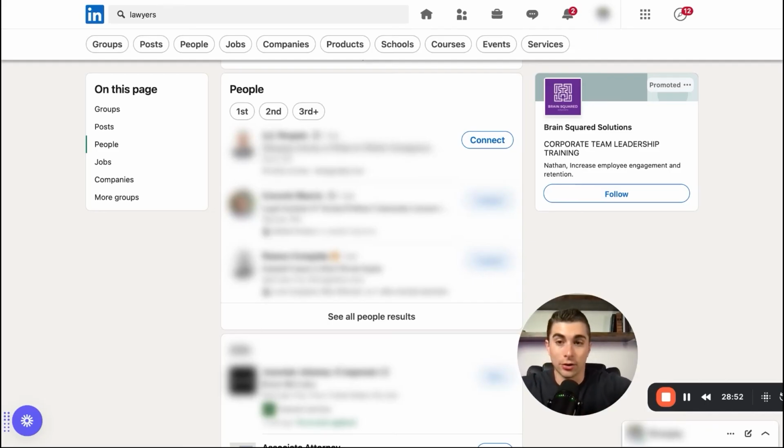Quick recap on how to do this. If you come to LinkedIn and you type in your niche, so say it's dentists, orthodontists, lawyers, I'm going to use lawyers for this example. It's going to pull up different companies, different people. On the left side here, you can go ahead and select people, and then it will pop open all sorts of people. You can do see all people results. It will pop up a big list, and you'll see next to every single profile, there's going to be a connect button right here.